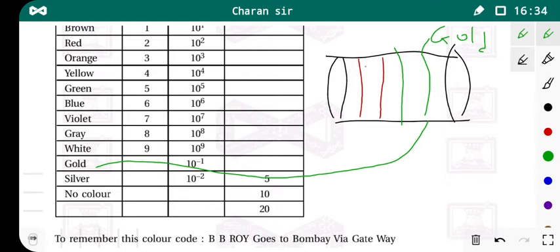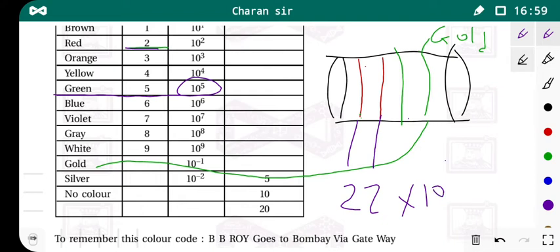Okay, now you can find out the value of resistance for this resistor. For that you take the first band, that is red, that is 2, so your value is 2. This is the ten's place of the resistance value. Now the second band, that is also red, that value is also 2. Now your third band gives the multiplier. You have green, so that multiplier is 10 raised to 5. So that is 10 raised to 5 ohms. You get the value of resistance for this resistor.